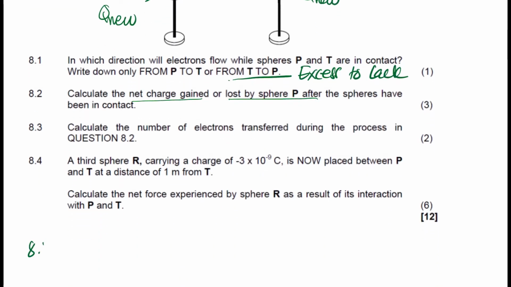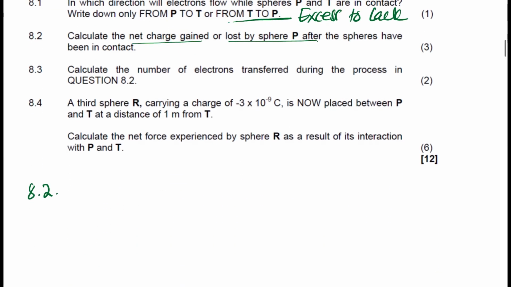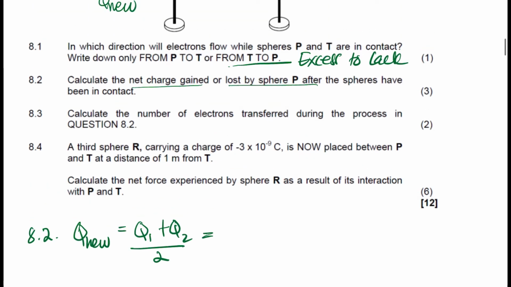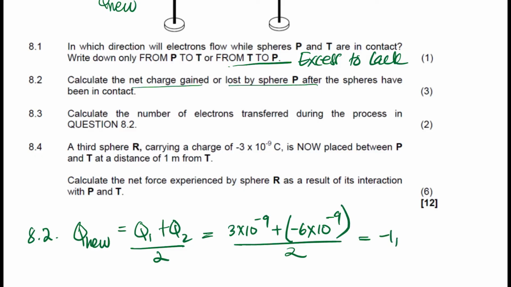Q new is equal to (Q1 plus Q2) over 2, which is 3 times 10 to the power negative 9 plus negative 6 times 10 to the power negative 9, and then we divide by 2, and the answer there will be negative 1.5 times 10 to the power